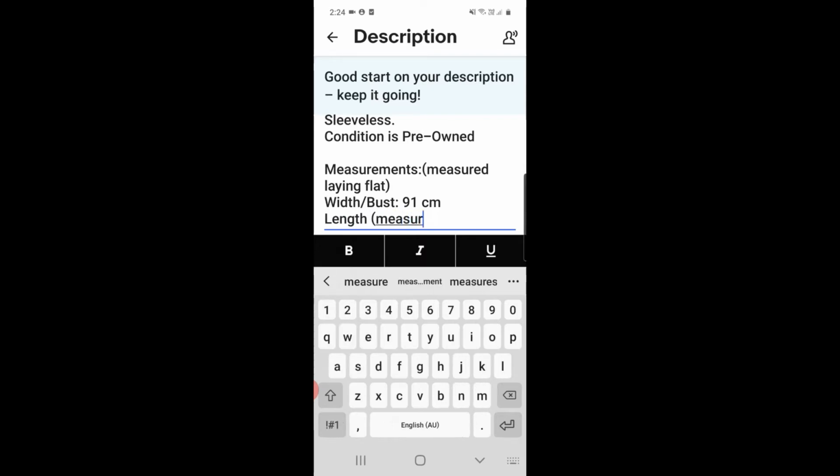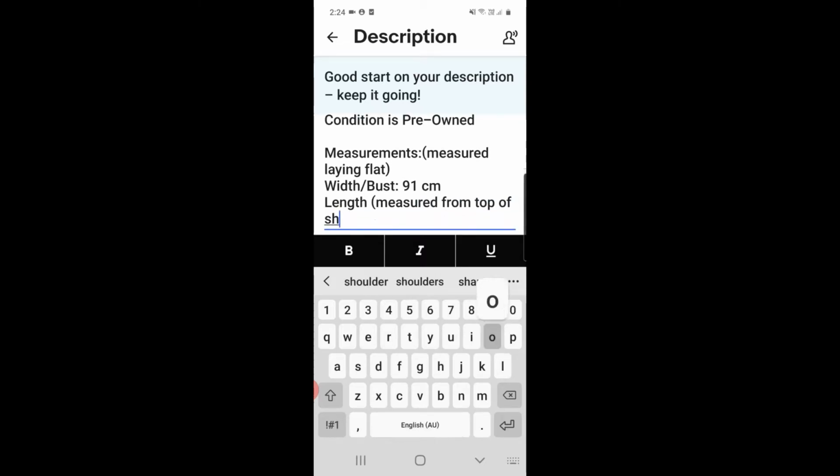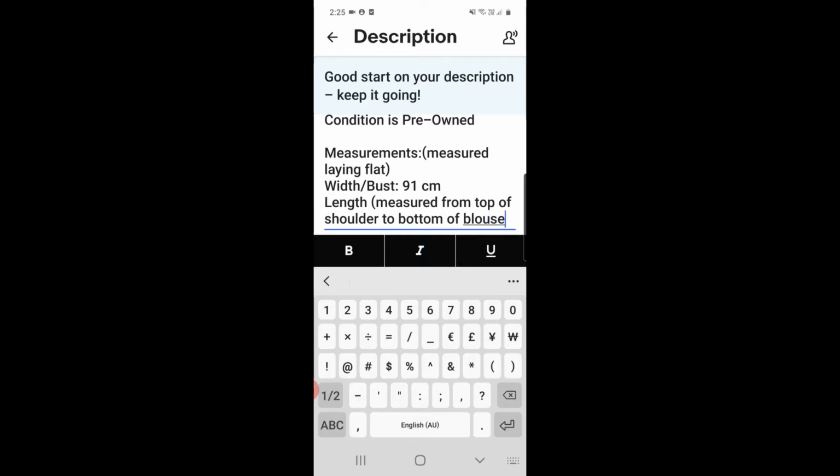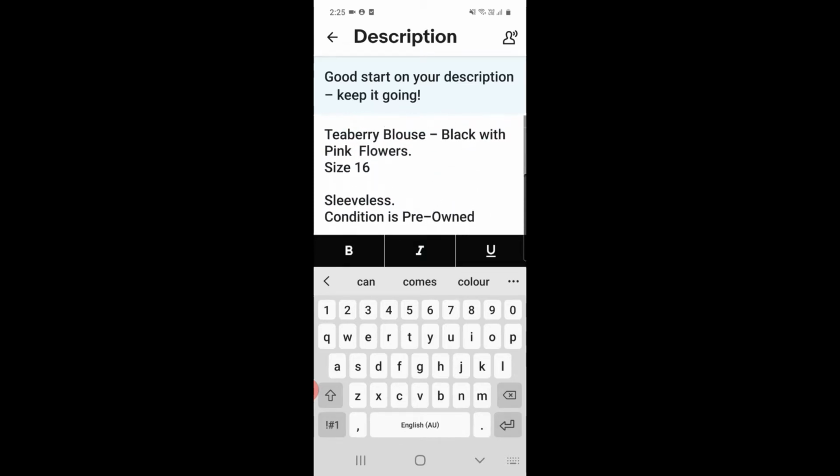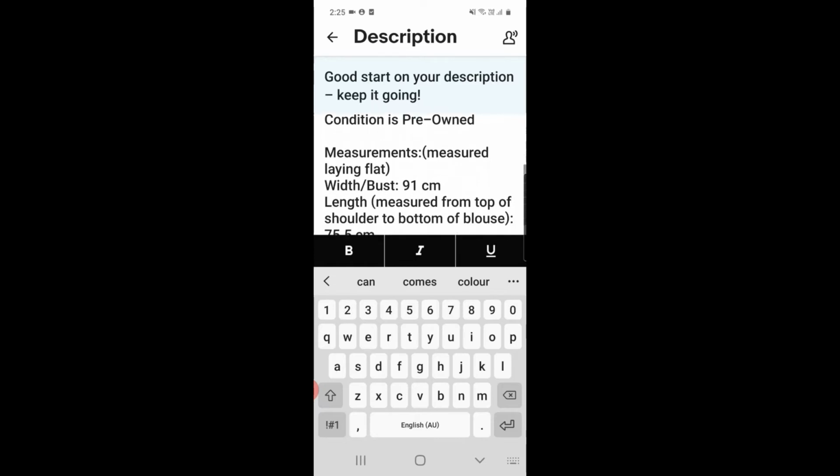So I've measured from top of shoulder to bottom of blouse. And I think that was 75.5. I'm not sure if it was, but just for this exercise. So there's your description. So it's a tea berry blouse, black with pink flowers, size 16, sleeveless, condition is pre-owned,